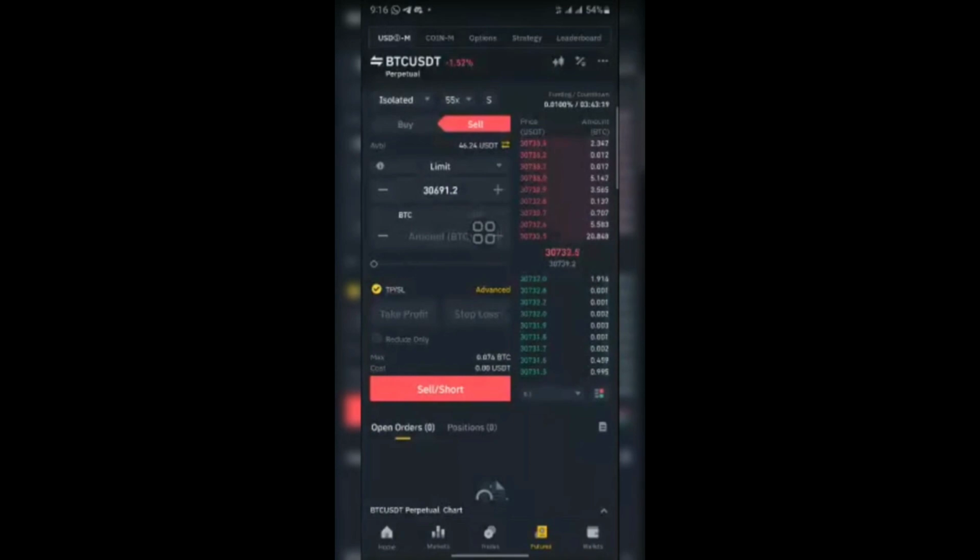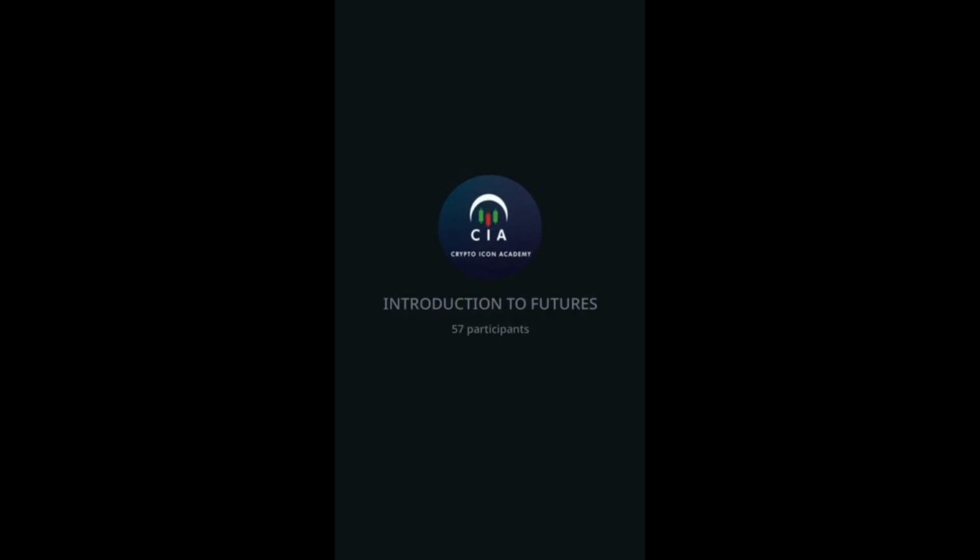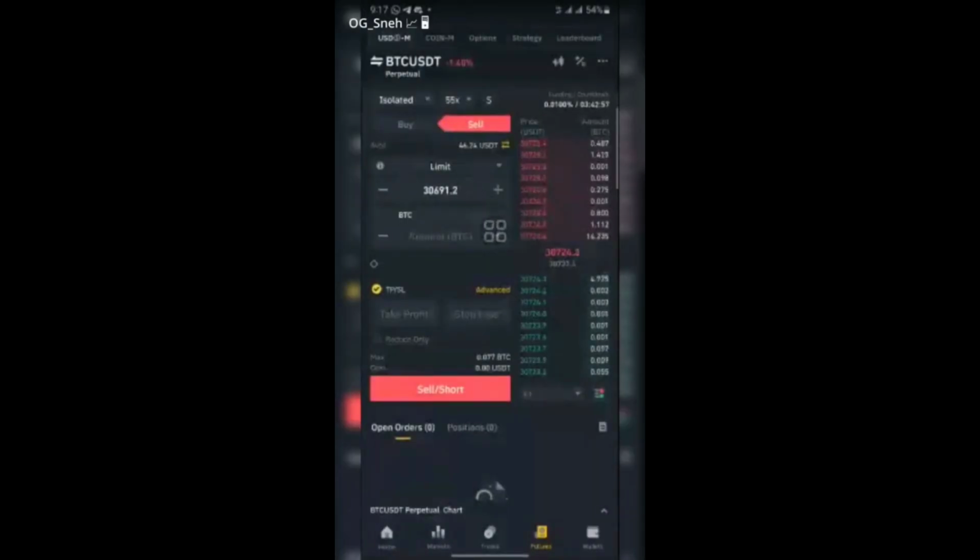If you perceive and see that a lot of people are longing the market, there is a lot of liquidity for the market to go up, you long the market, that is, you buy. But if you are hearing bad news about the market, or after your analysis you see that a lot of people actually want to dump this coin, there is a lot of supply, then you sell the market. You understand? So that's that about that.